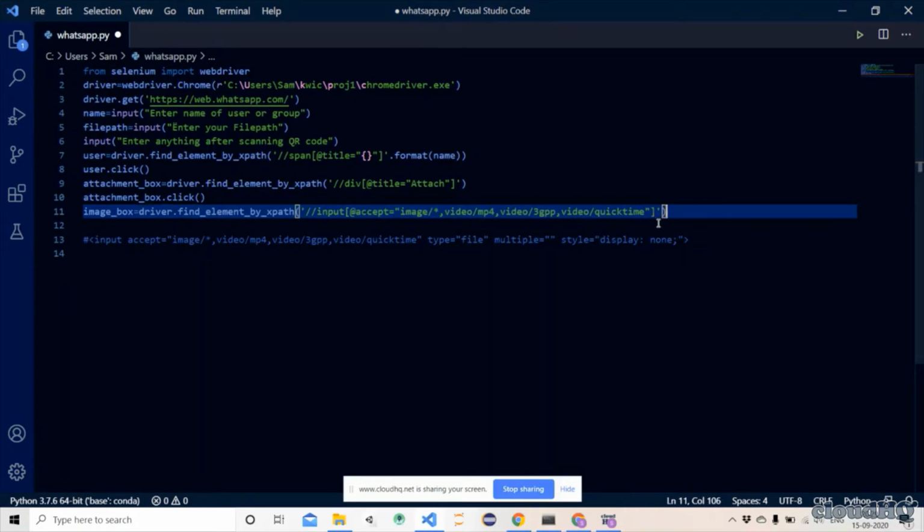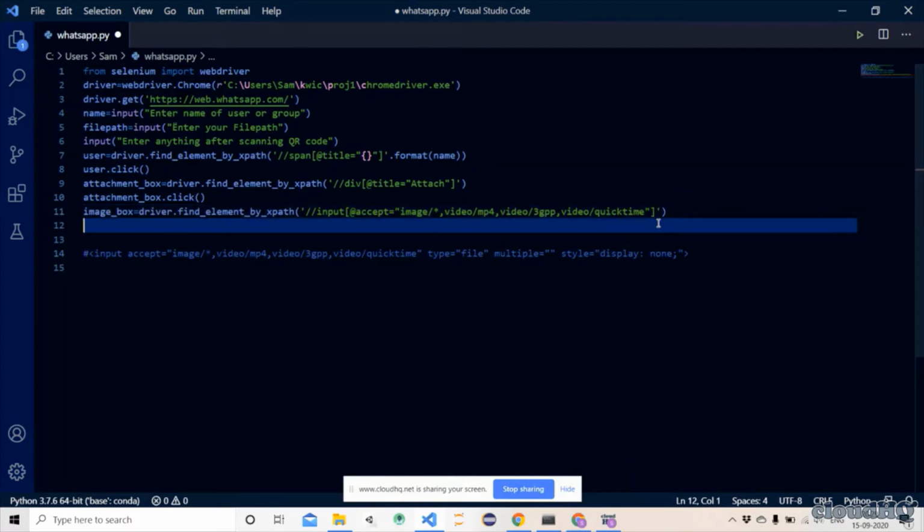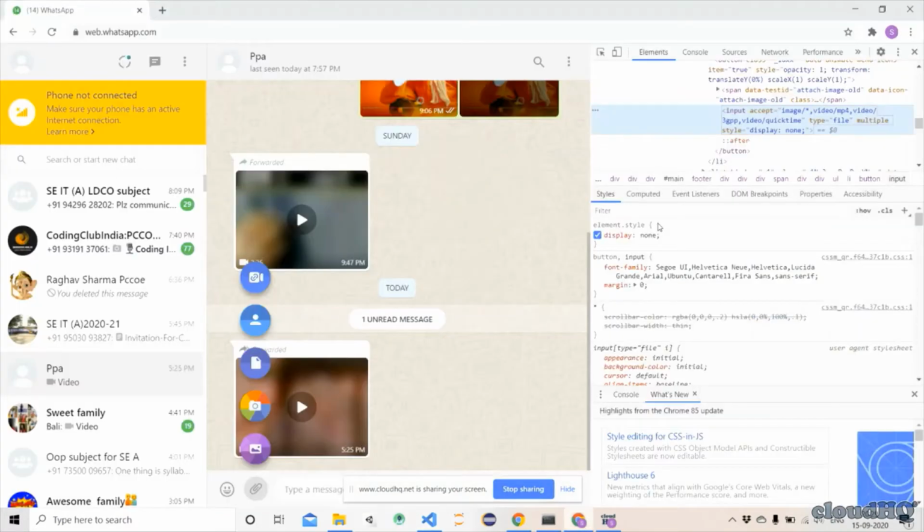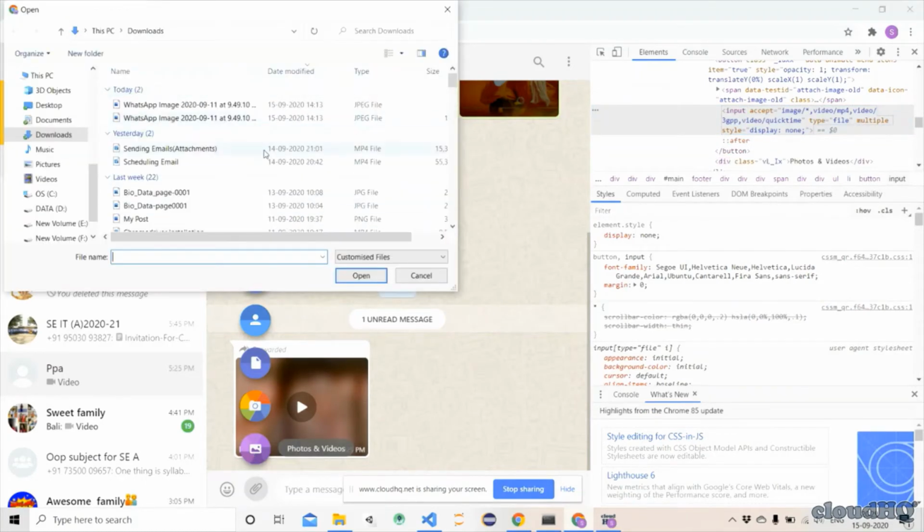Close this. Okay, so now this image box is open, and now we need to send the file,